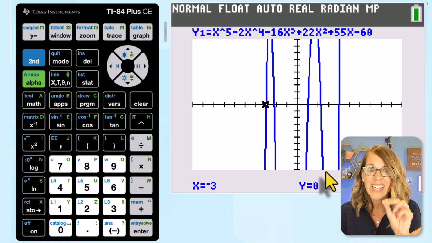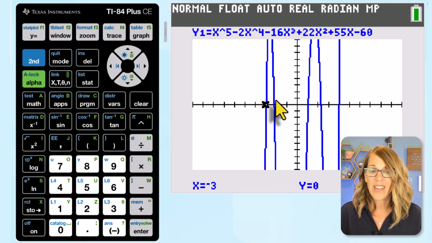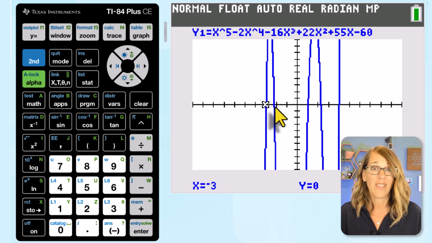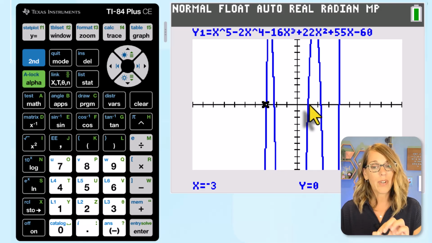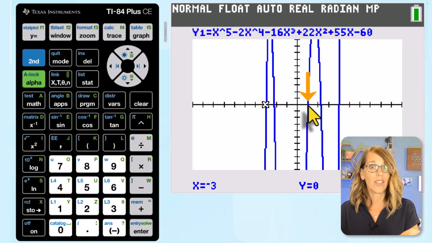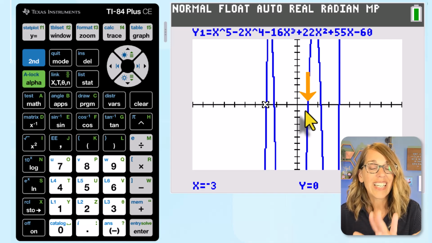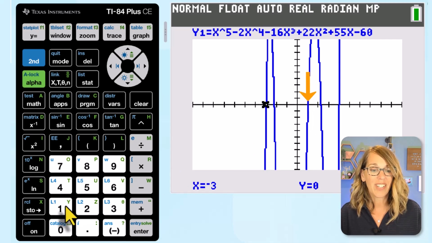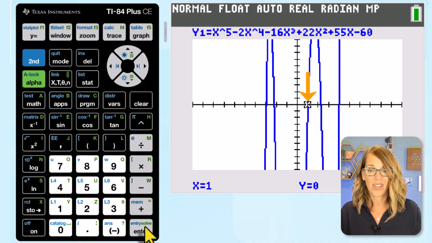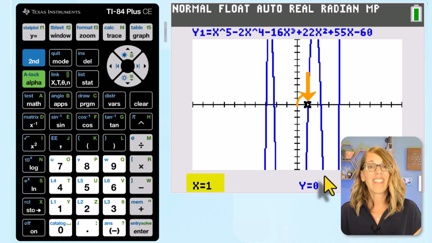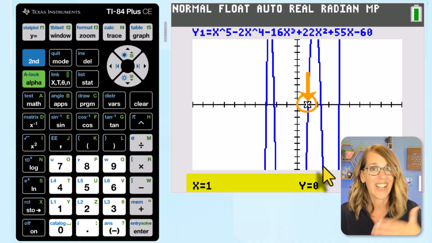Okay, let's do the next nice one. The one right here next to it does not look like a nice one. It's -2 point something, but then I come across 1. 1 looks like it's a great 0. So let's just type in right from where I'm at. You don't need to hit trace again. So I'm just going to hit 1 followed by enter, and it again confirms that this is a 0, x-intercept,